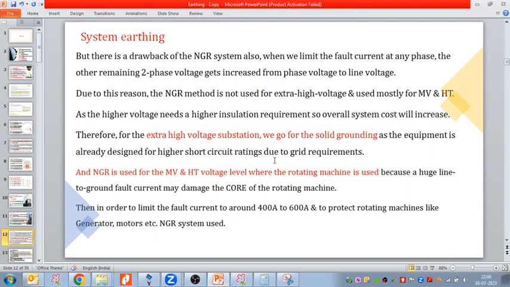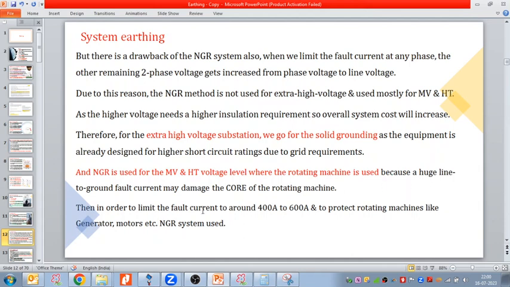Plus, we don't have any rotating equipment. For that, we need to limit the current. Equipment can handle the fault current, so there's no need to reduce the level of the fault current. And NGR is used for the medium voltage and high voltage electrical installation, where the rotating machine is used because